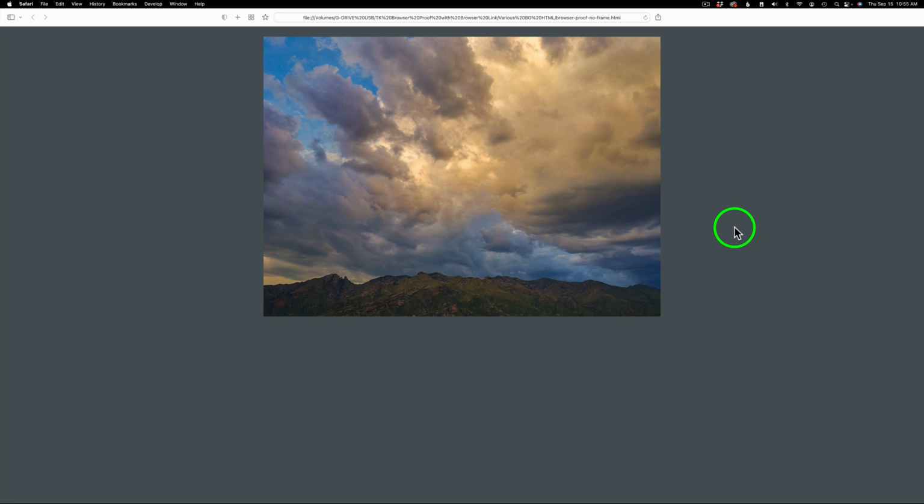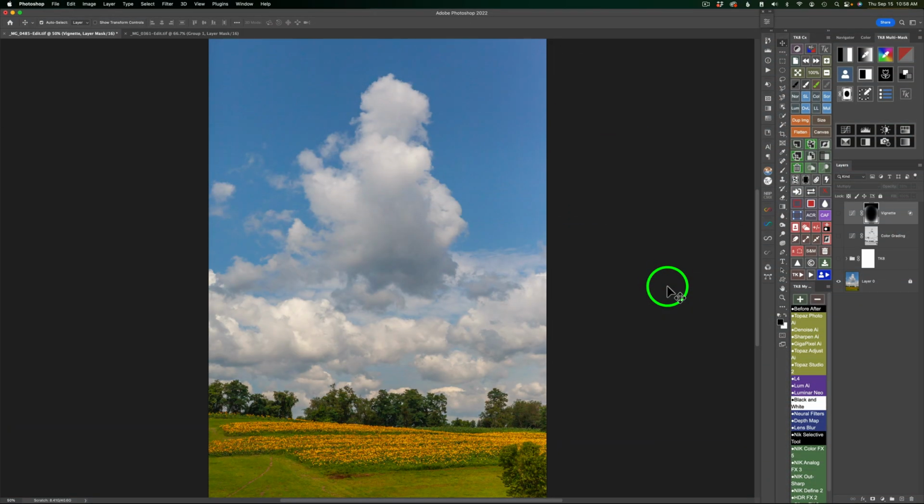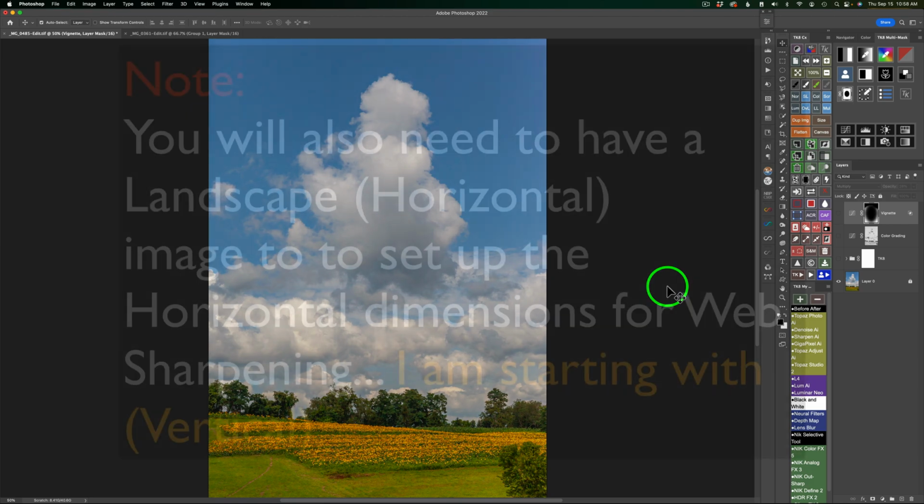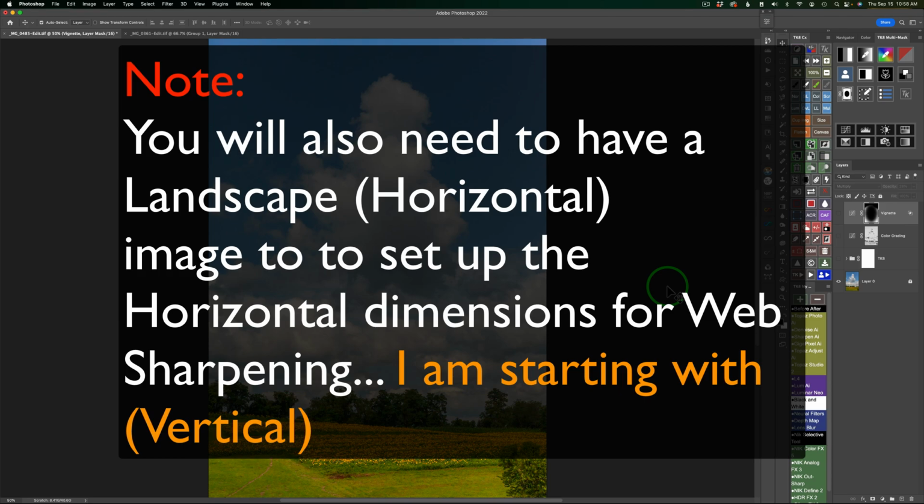Now, our first step along this journey today using browser proofing and web sharpening is to get our image to fit properly inside of our browser. So we're going to do that right now. The first step is to grab an image. It could be a landscape or a vertical image like this one in the portrait mode. I chose an image in the portrait mode,